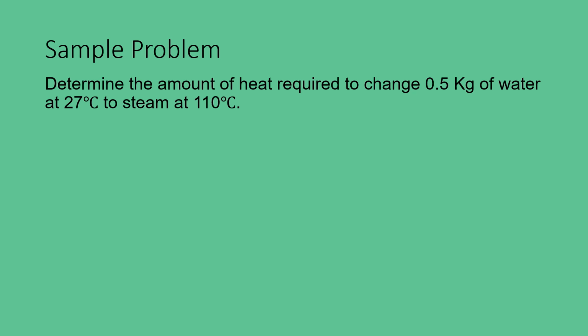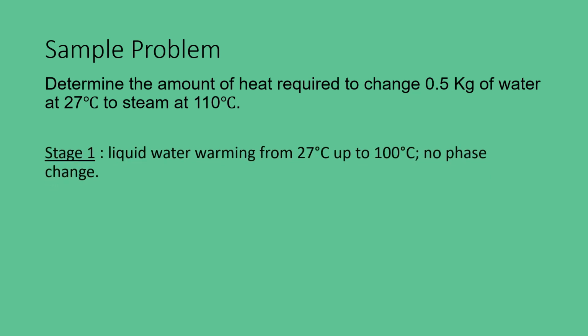And once it reaches 100 degrees Celsius, water will now start to boil. During that stage, water will start to turn from liquid to gas. And then once it turns into gas, it will start to increase its temperature again from 100 going up to 110 degrees Celsius. So, at stage 1,